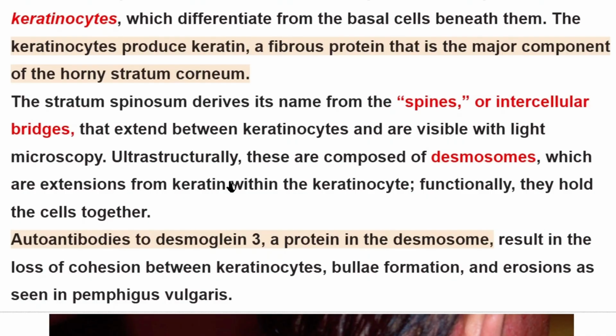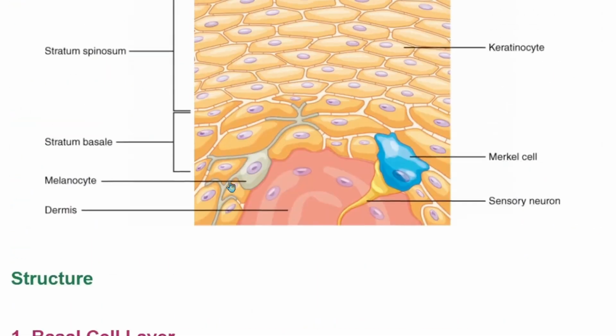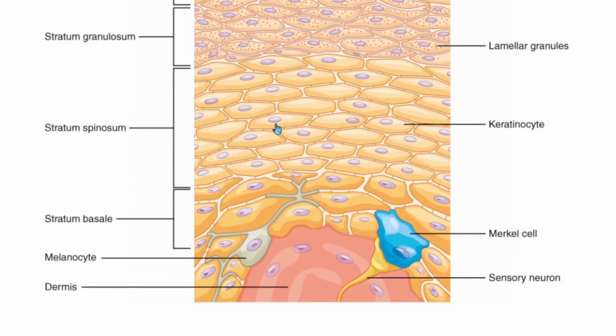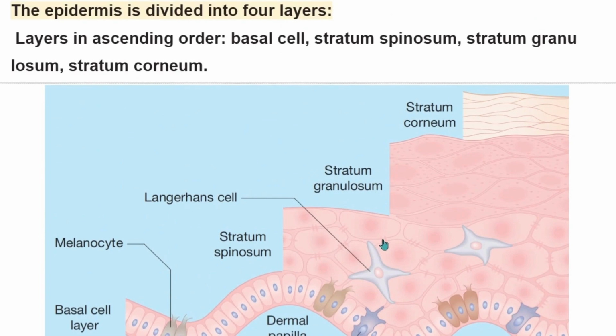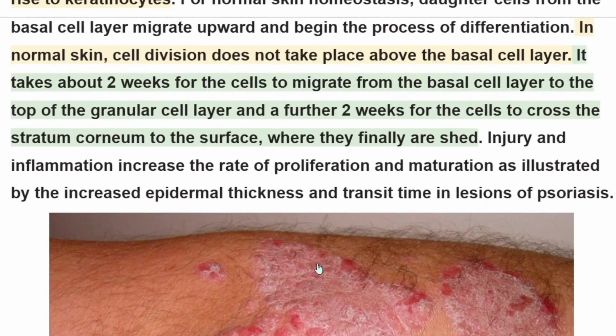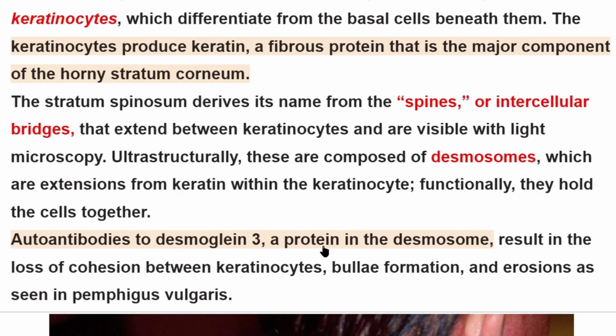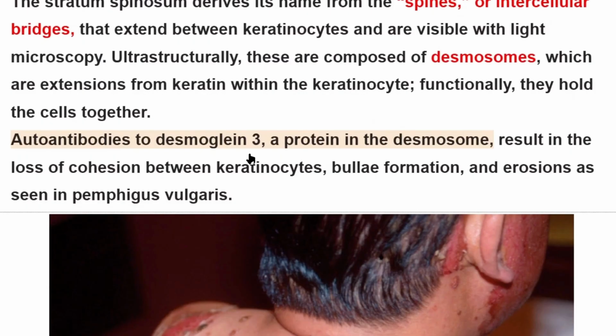Functionally, they hold the cells together. As we can see, the name of stratum spinosum is taken from these connections between the keratinocytes, which we call desmosomes. Here we can see also the connections between the keratinocytes. Autoantibodies to desmoglein 3, a protein in the desmosome, result in the loss of cohesion between keratinocytes, bulla formation, and erosions as seen in